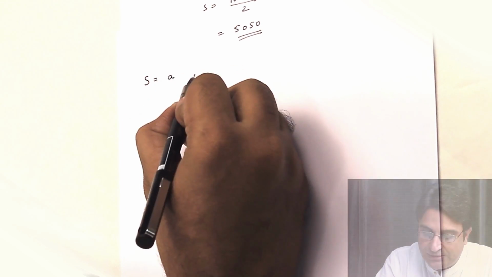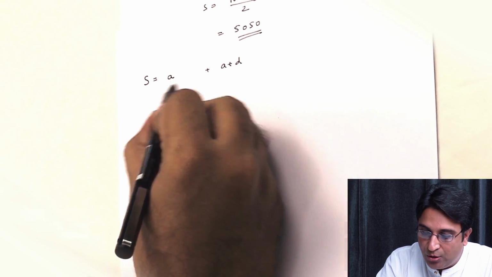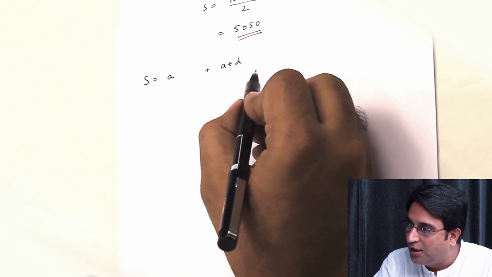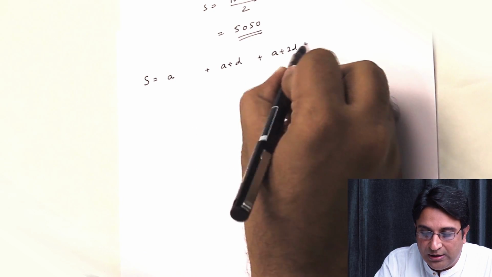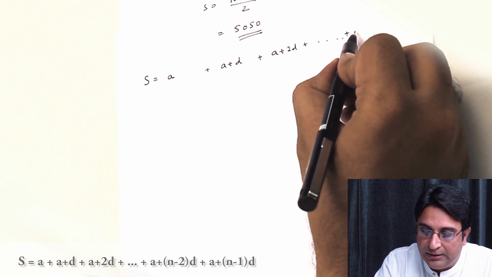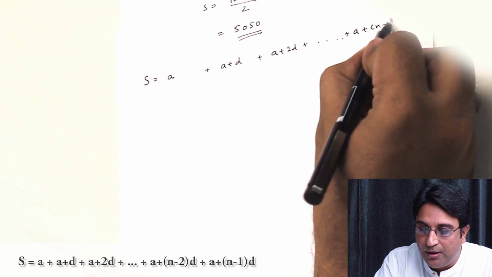This method of addition is also called the Gauss's method. And we are going to use this method to find the sum of n terms of an AP. Let us look at the derivation. Now, just like Gauss, we are going to call the sum of the series as S. The first term we know is A. Second term is A plus D. I'm giving a lot of space because we have to have the last term under it. The next term, A plus 2D, and so on till we get to the last term, which is A plus n minus 1 times D.